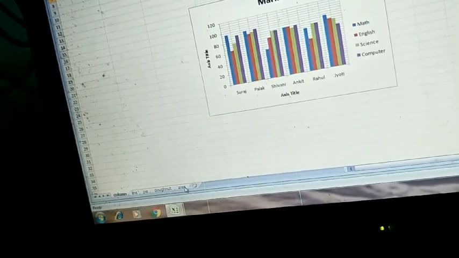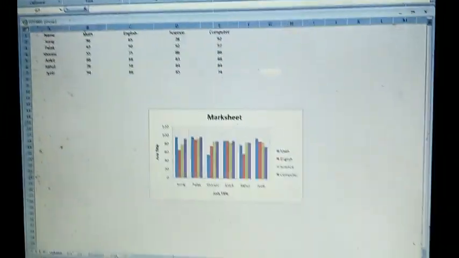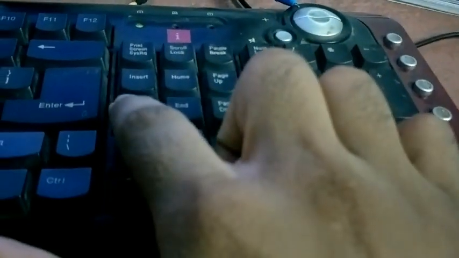Now look, first I am holding the control key, and after that I will select all the worksheets one by one with the help of the mouse. Then all the worksheets will be grouped. After that I am going to select all the data of the worksheet, Control A. So the data of all worksheets will be selected, and I am going to press the delete key.